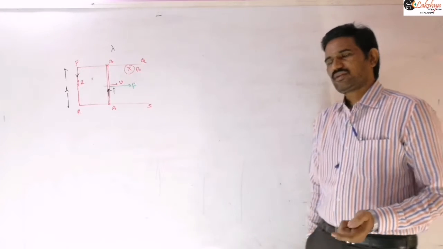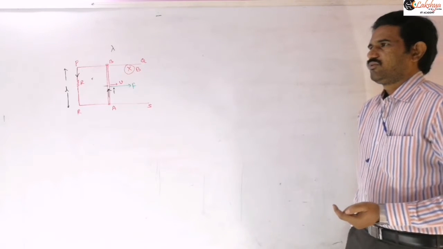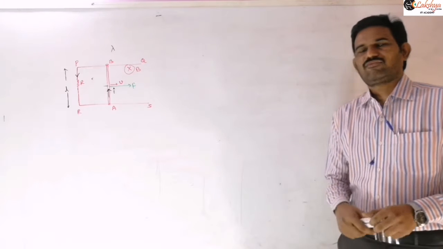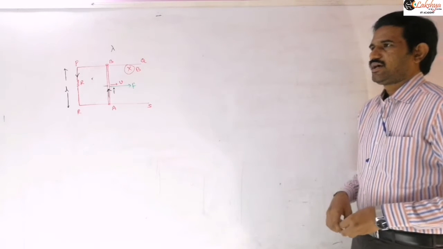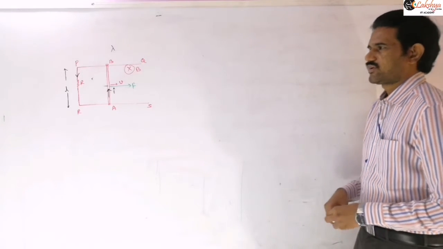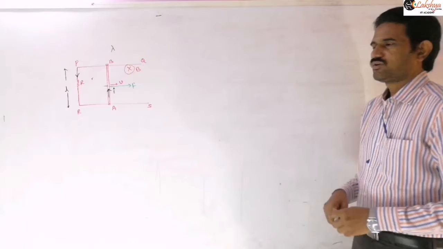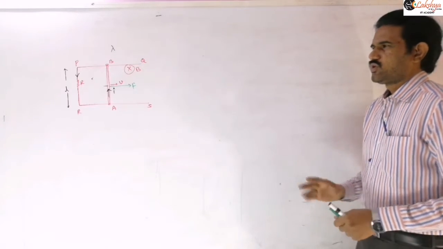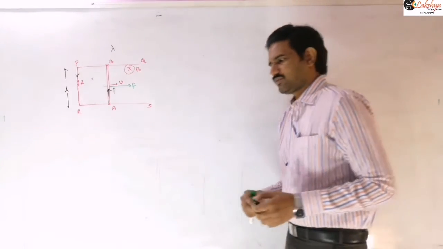And also find the next question: the fraction of external power or external energy converting into heat. Right? So that is the given question here. Yes, F is variable. Now there is some resistance, lambda, here.